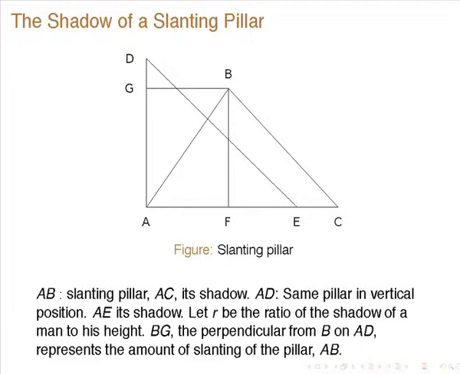So this essentially gives the amount of slant. You can say that this is the pillar and it is slanting like this, so that this perpendicular is BG. So it is a measure of the slant of the pillar AB. So then in that case,